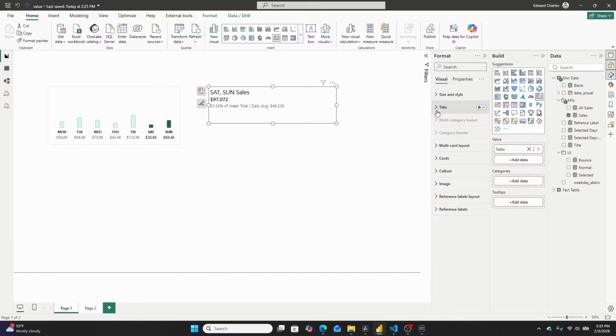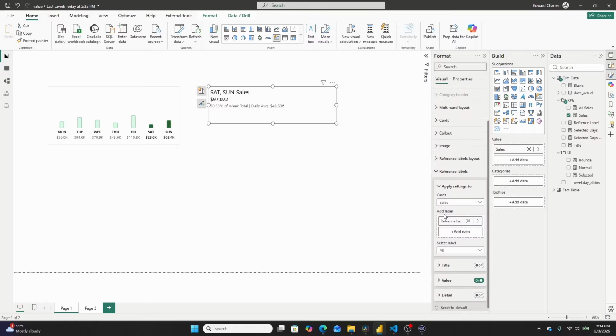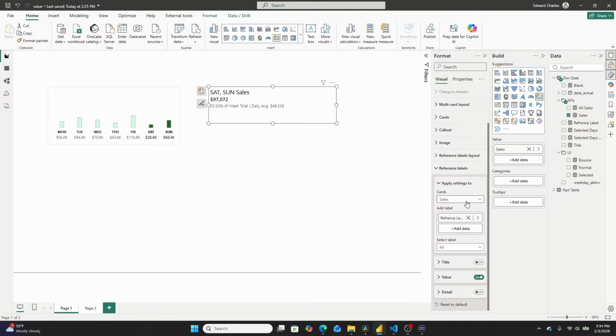Regarding the reference label, you simply have to go down here to reference labels, then select the card that you want to create the reference and go to, which in my case again is sales, and drag it into this data pane right here. Now, you might notice that my card looks a little bit different than yours,